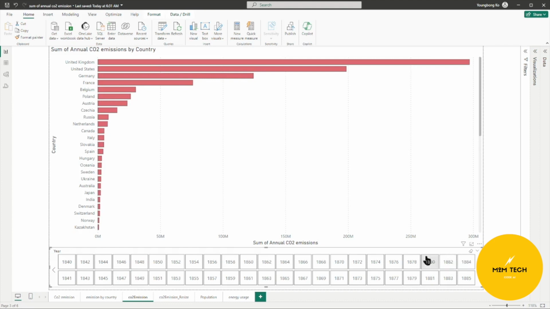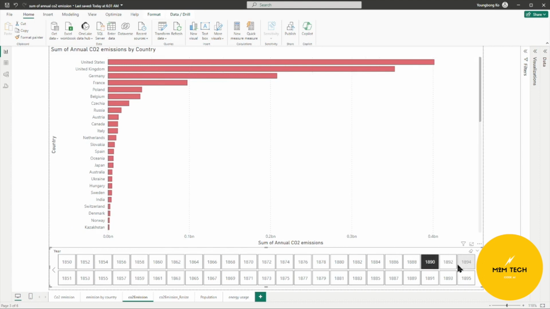Now it is the United States just following, chasing up to here, and eventually at 1894, the United States just takes the first place from the United Kingdom,